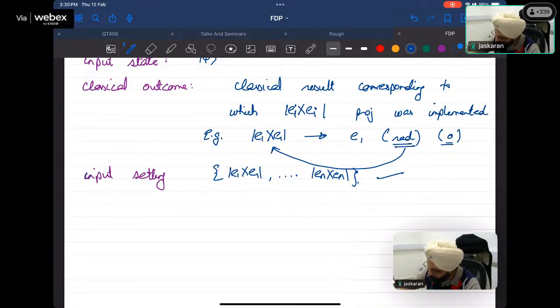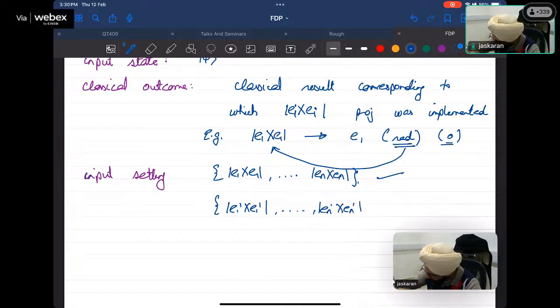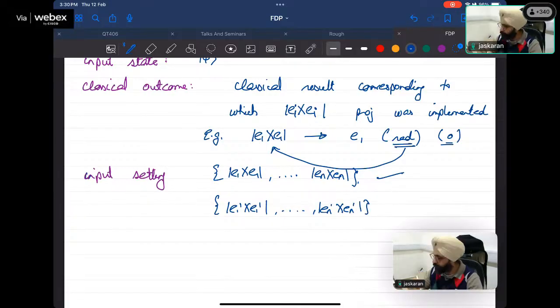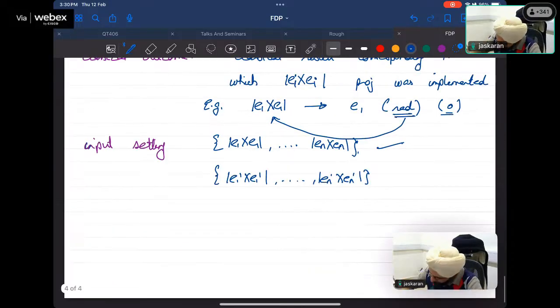Are we choosing this basis, or are we choosing a different basis in which we have E1 prime up to En prime? Whatever basis we are choosing, are we measuring the position of the particle? Are we measuring the momentum of the particle? Are we measuring the charge, or whatever? Whatever is our observable that we are trying to measure, corresponding to that, we will have different bases. And finally, we will have an output state,